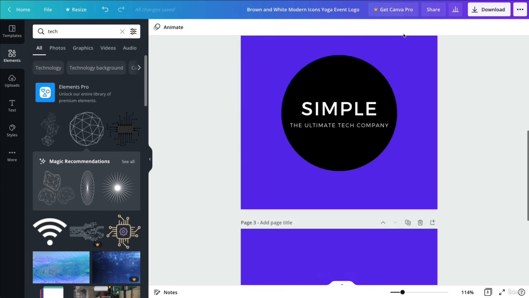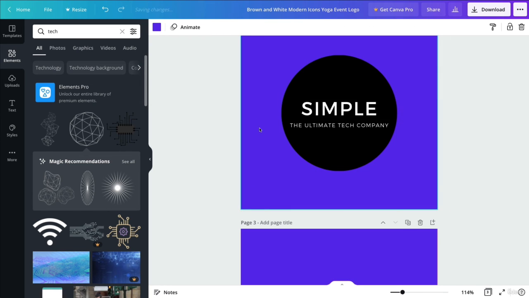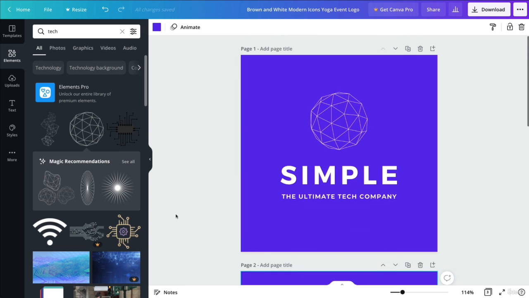Or alternatively, you can share the link directly with them. So you can either type the email right here and add the client, or you can select a shareable link, which can be viewed only if you don't want the client to maybe accidentally mess with the file, or use it as a template, or simply have this as a shareable link that they can edit. And then simply copy the link, paste it in your email, and send it to a client, and you're good to go.